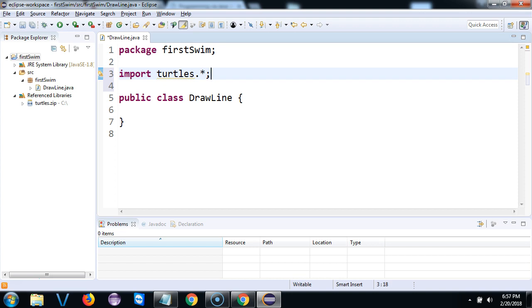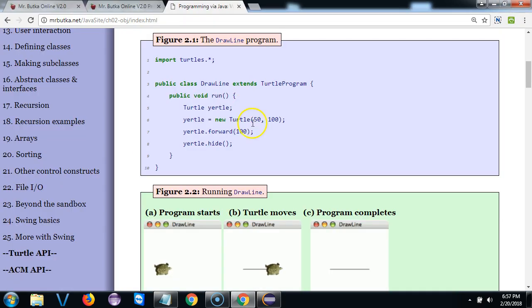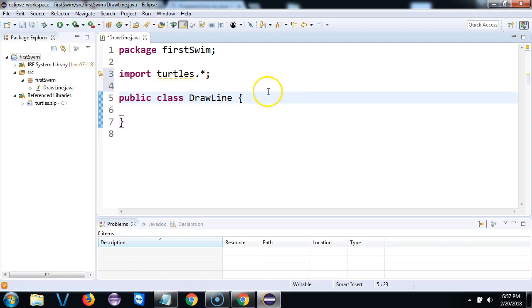One of the wonderful things about object-oriented programs. So we have import turtles dot asterisk. That means all the classes in there. And then we're going to go ahead and make sure we edit this class header to extends TurtleProgram. So extends, all right, and then